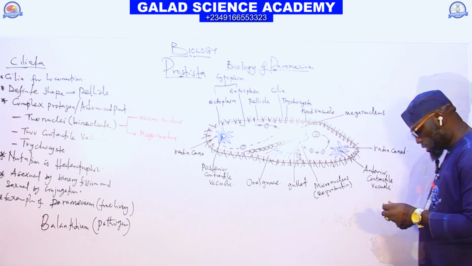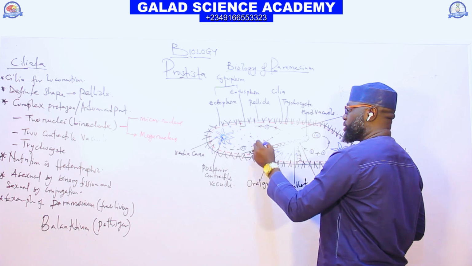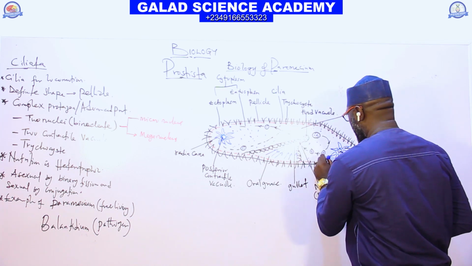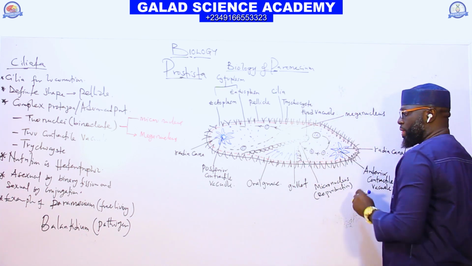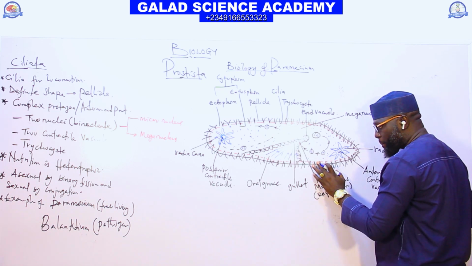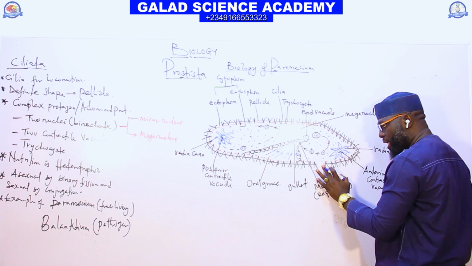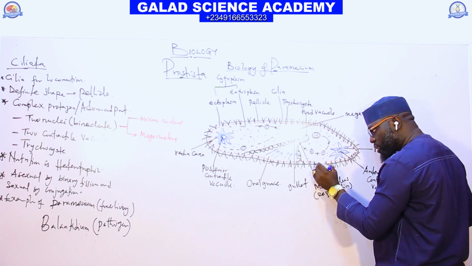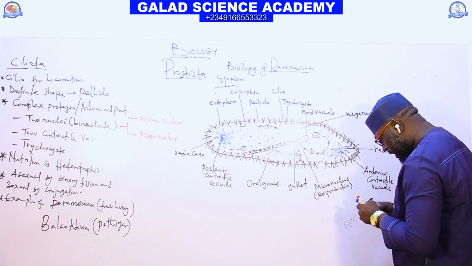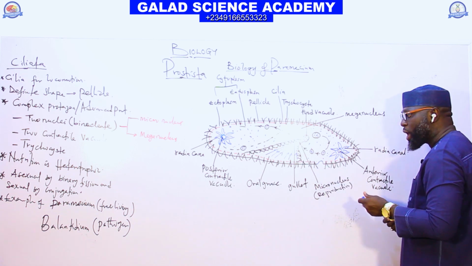Then we have the cytoplasm. So this is the cytoplasm. And there is a particular space here, which is equivalent to the anus. So this place we call the anal pore, or you can call it the anus, is where the